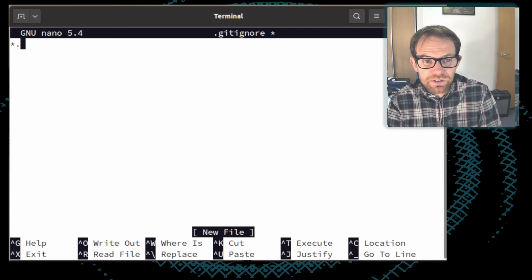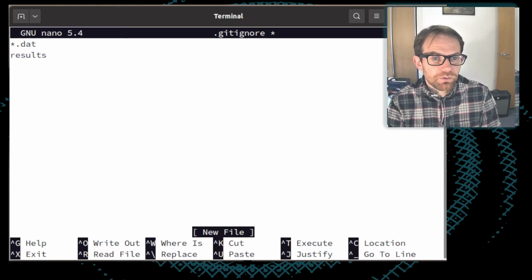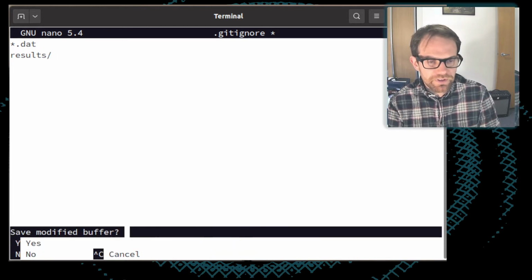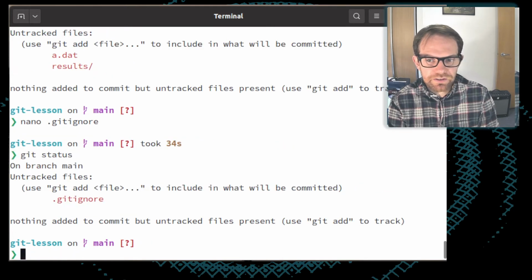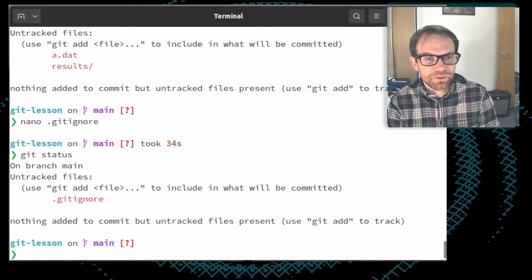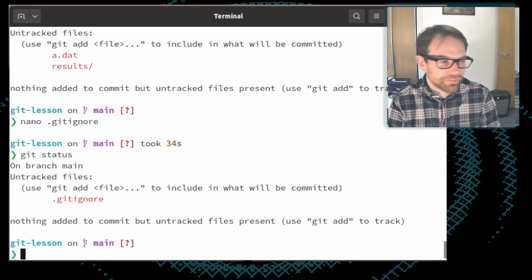So say we don't want to keep those data files, we don't want those to be added, we can add star.dat, so everything which ends .dat, and we can also add the entire directory results. So if we save our gitignore file now, and we run git status, you can see that the only untracked file now that it knows about is the .gitignore file, and it's ignoring the other things.